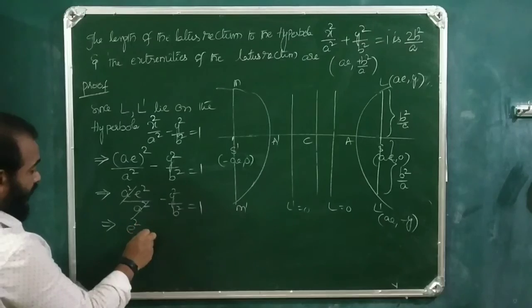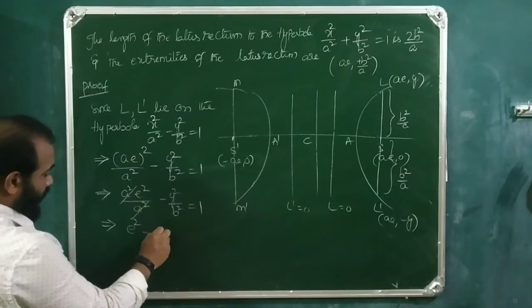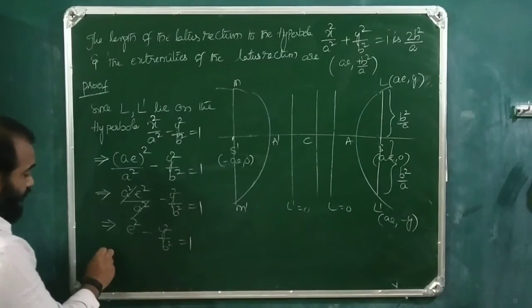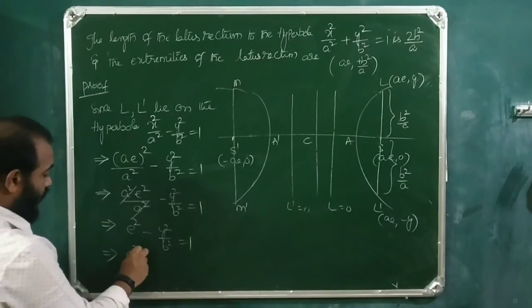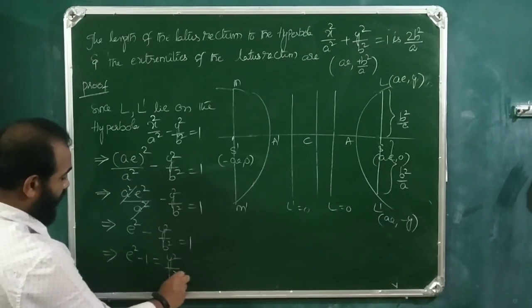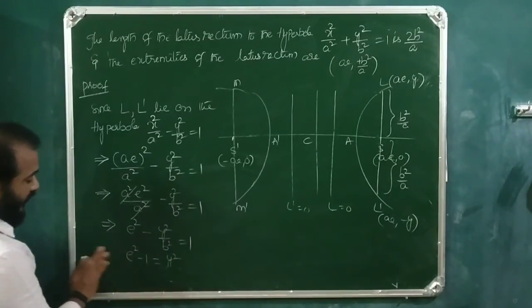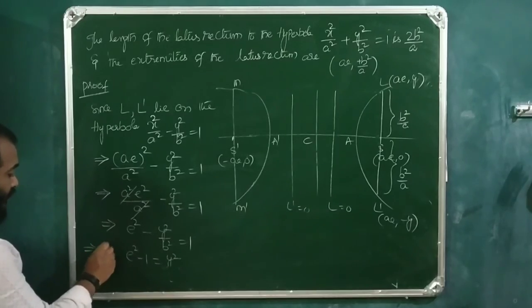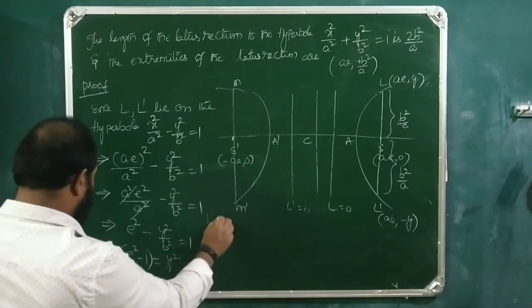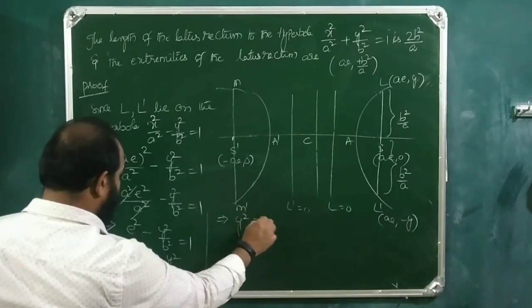So e square minus y square by b square equals to 1. So e square minus 1 equals to y square by b square. So if you take b square to this side, b square into e square minus 1. From this, y square is equals to,